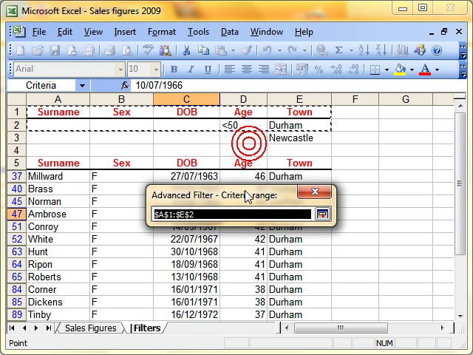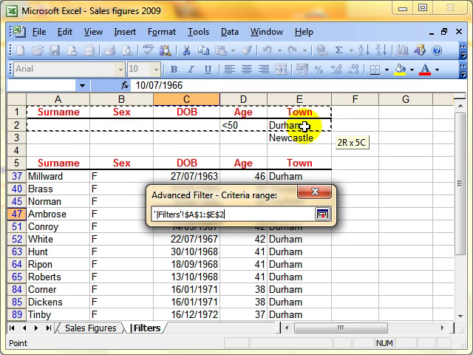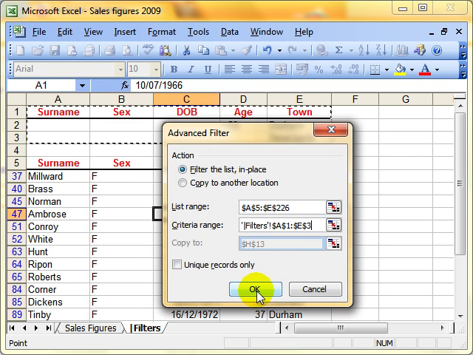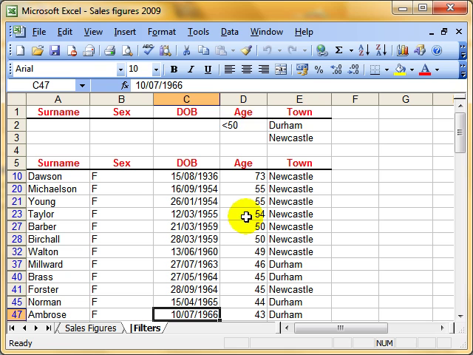The criteria range is currently A1 to E2. It's missing Newcastle, so I need to change this. I can do that just by clicking and dragging to make sure I'm picking up all the criteria. So I'm now doing A1 to E3. Expand the dialog box, click on OK, and it's now showing us everybody who lives in Durham who's less than